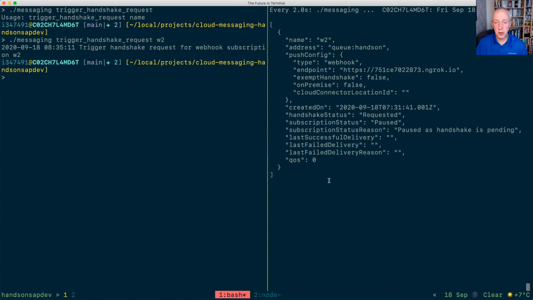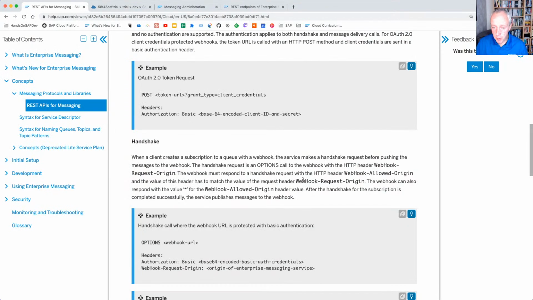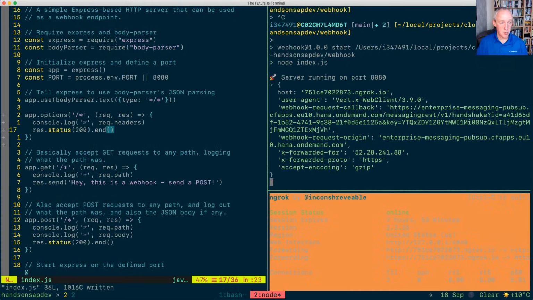So let's carry on. What we need to do is respond, right? The webhook must respond to a handshake request with the allowed origin, and the value of this header must match the value of the request, or just asterisk. So why don't we do that? So let's have a look. What we need to do